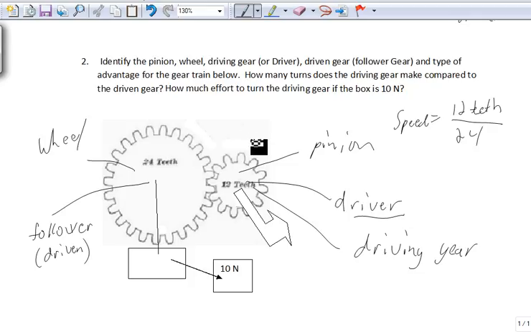So for every turn, this makes 2 turns for every 1 turn of that. Okay, so the speed is reduced by half. What good is that? So this, if we do 1 turn here, 2 turns for every 1 turn. So this goes twice around for